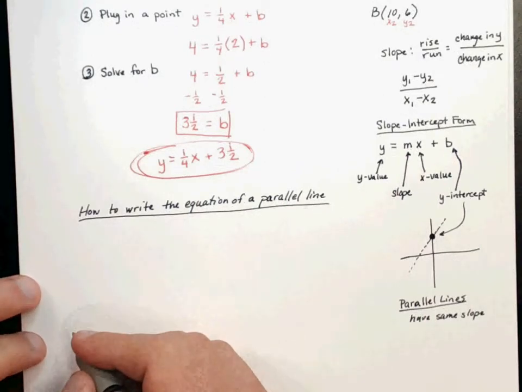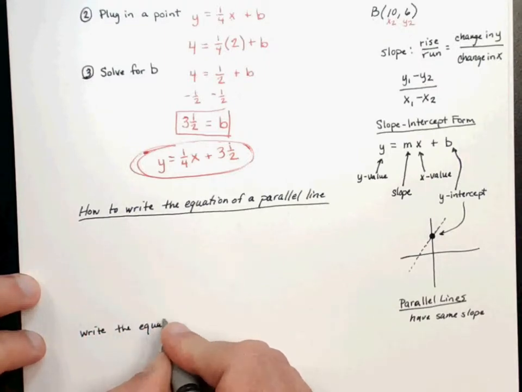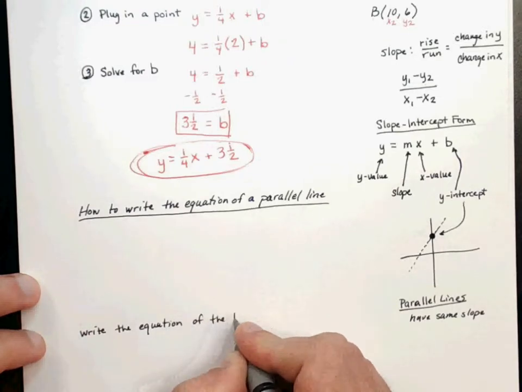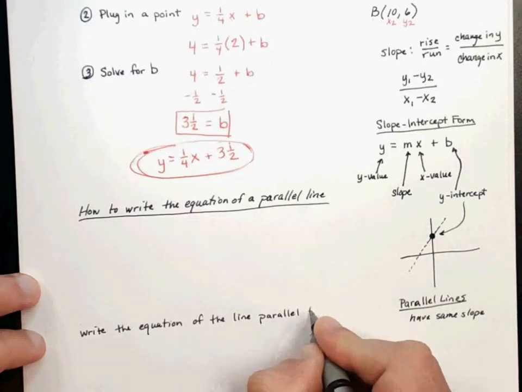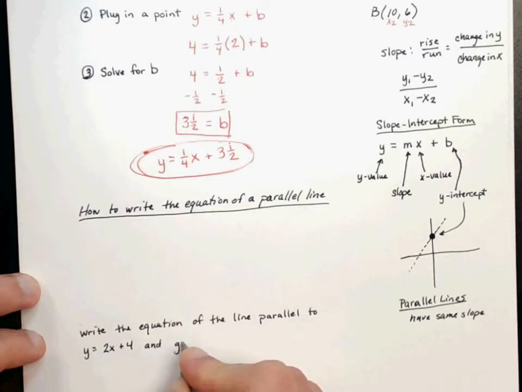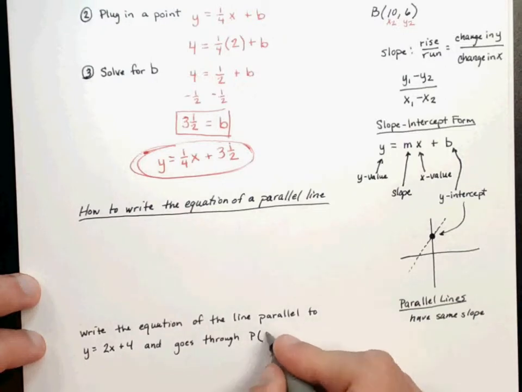Let's say we want to write the equation of the line parallel to y equals 2x plus 4 and goes through point P, which is at